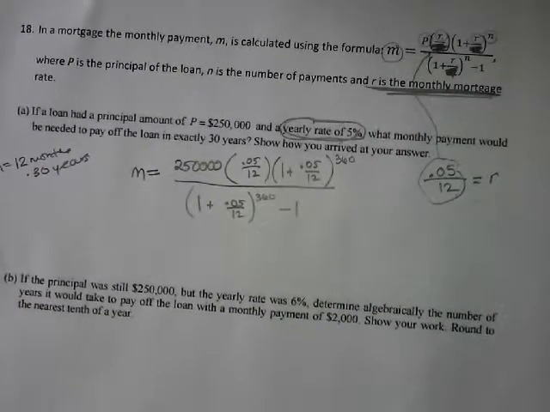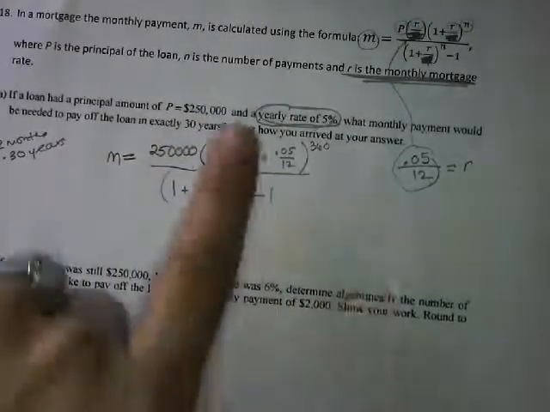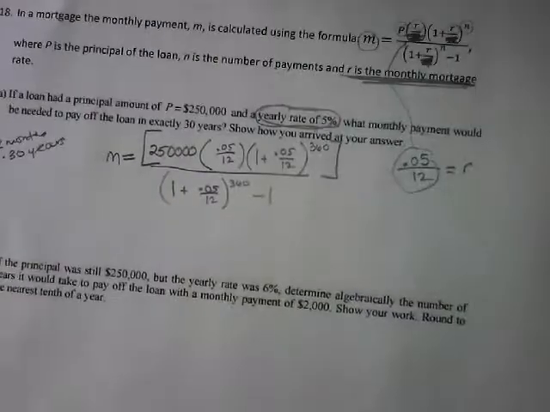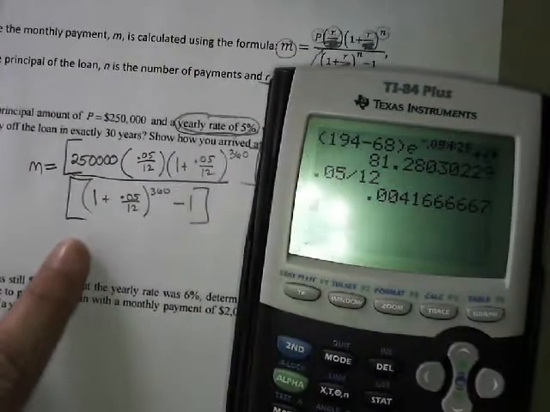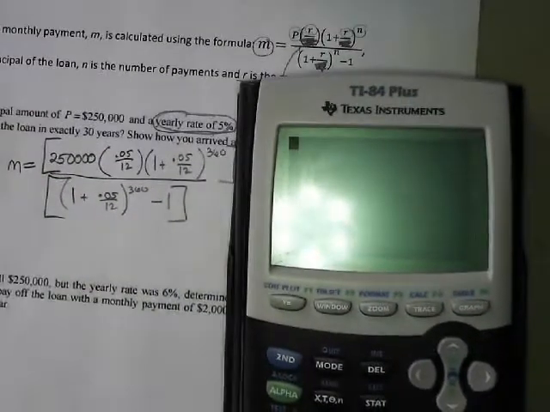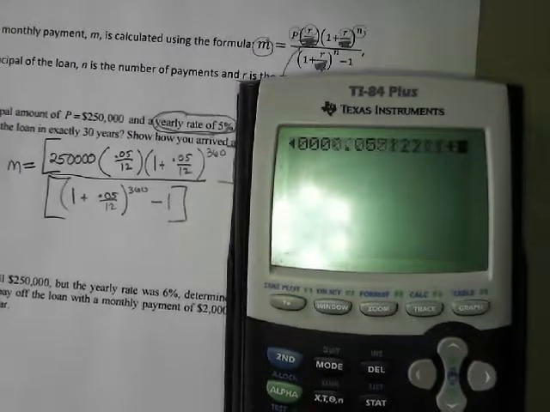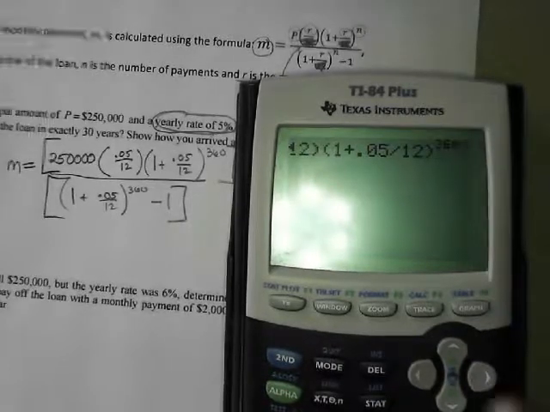Now, if you ever want to type something like this into your calculator in one shot, put a larger set of brackets or parentheses around your numerator and a larger set around your denominator. Then you can plug it in exactly as is. So for me, that would be 250,000. Make sure you get the right number of zeros. Another set of parentheses, .05 divided into 12 parts. Another set of parentheses, 1 plus .05 divided by 12, raised to the 360th power, and close the entire numerator,